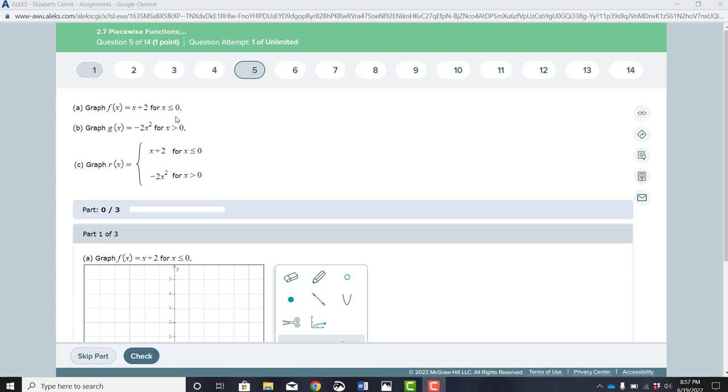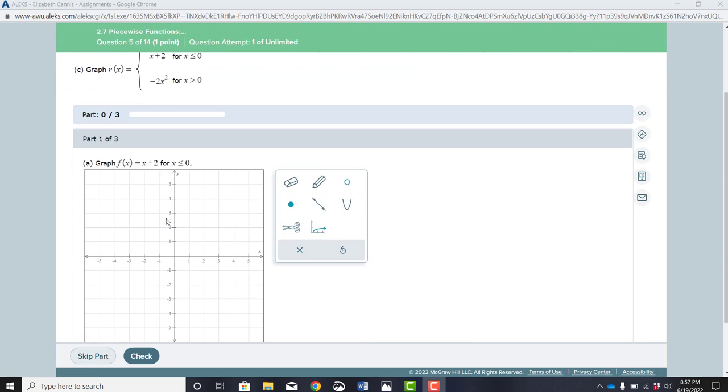All right, we're going to try and graph this piecewise function, r of x, but first it wants us to graph f of x and g of x. So these are the two pieces that make up the piecewise function. So when we go down to part 1, it wants to graph this linear function, which has a y-intercept of